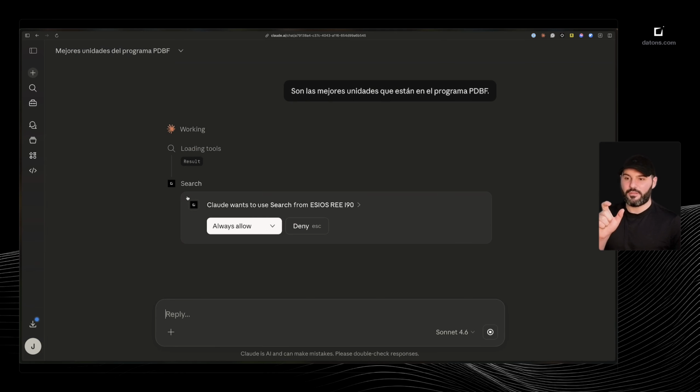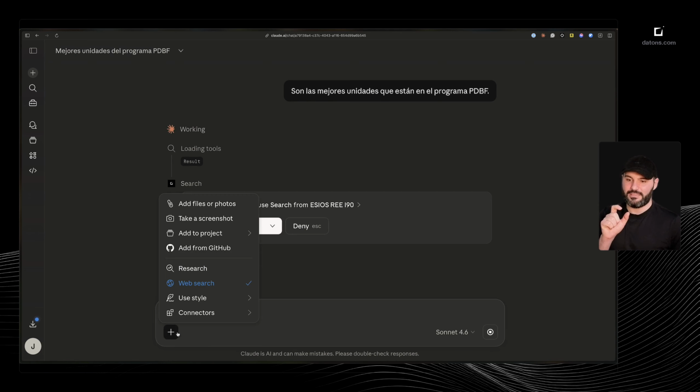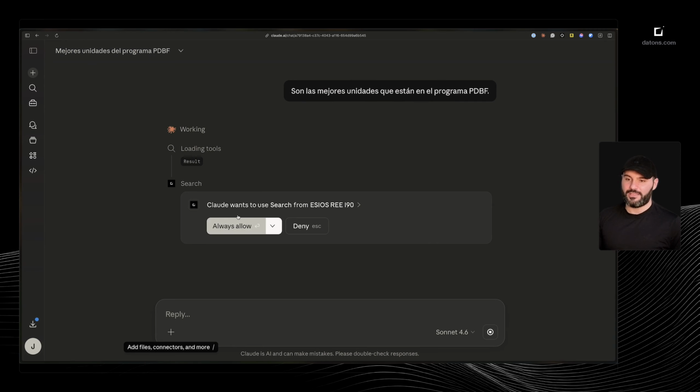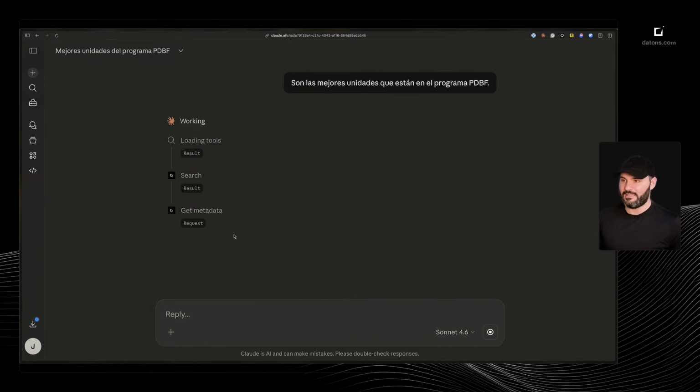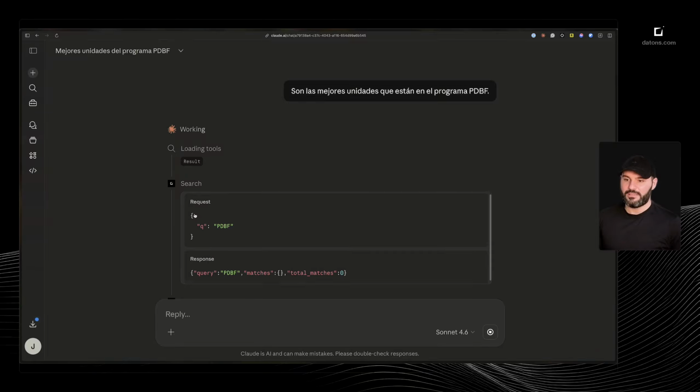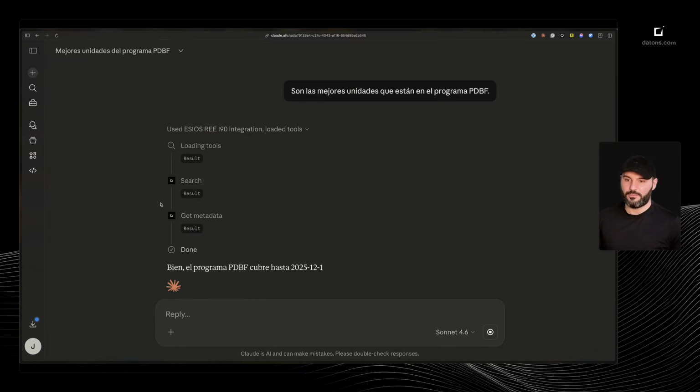And automatically the chat detects units, tries to associate it with one of the tools it has loaded, which in this case, in the connectors, is ESIOS I90, which has information inside that it already relates to units and programs from Red Electrica, so it links it here. We click always allow, and here it will first search for what PDBF is, get some results, then